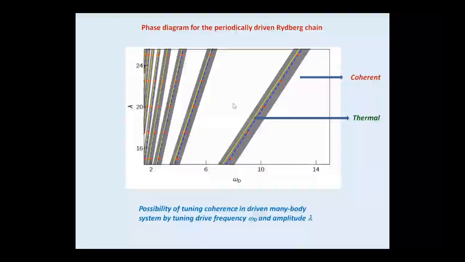That's right. So the point is that you can tune the coherence property of a driven many-body system by tuning the drive property. You can actually move from an ergodic to a non-ergodic behavior just by tuning the drive frequency. And that's the main message that I wanted to give in this talk. So this is also one way to control ETH-like properties in a given driven system: a transition between coherent and non-coherent, ergodic and non-ergodic behavior.